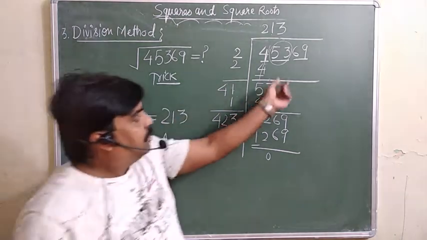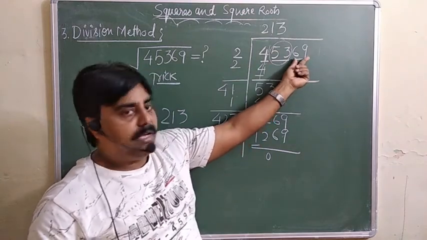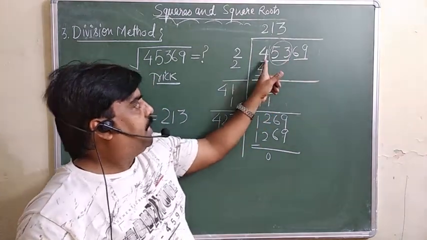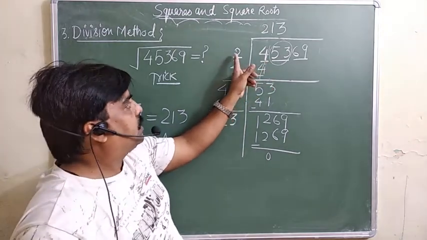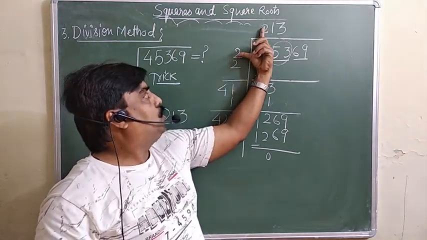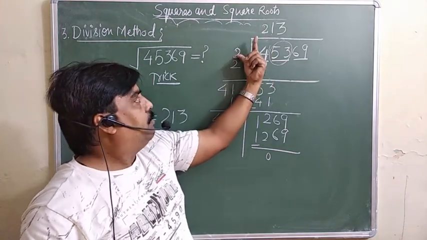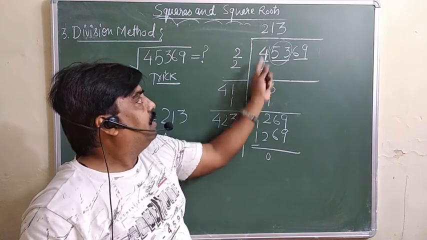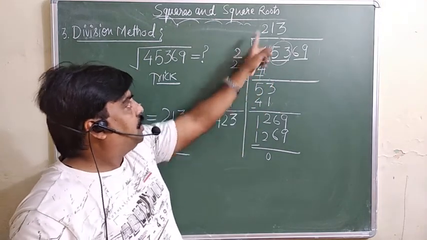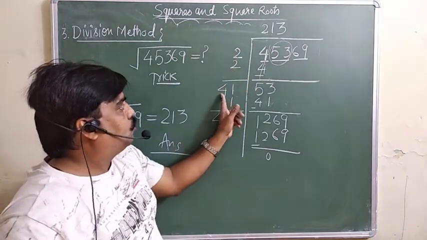Again I am going to repeat. क्या करना है? The number which is without a decimal point, you are supposed to make the pairs from the right hand side. You are getting 1 digit here, no problem. You must write down a number here. Same number you have to write down here, and the product of these two numbers must be equal or less than. It should not be more than that. So here we will take 2 into 2, 4. 4 we will write here. After that, whatever digit we have written here, same digit we will write here, and we will add. So 4 you are getting.